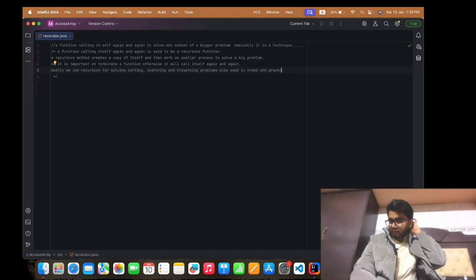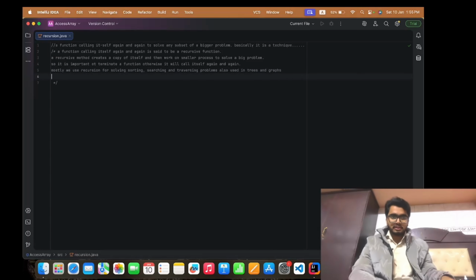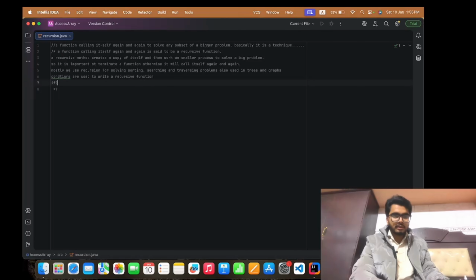Okay, now what will be the format of a recursive function? You will simply use if-else conditions. Conditions are used to write a recursive function. You will simply write if, then you will write a base case here.